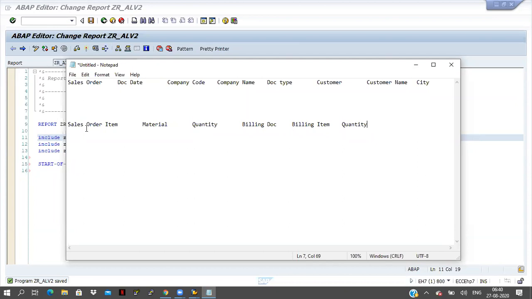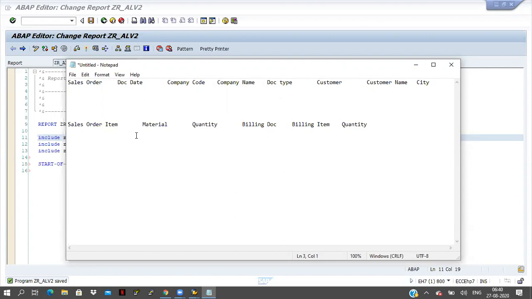This is a real time scenario, though not a fully real time one. Sales information and billing information I have to display in a single screen. I have done this report, that's why I'm telling you like this. So how can we do that?